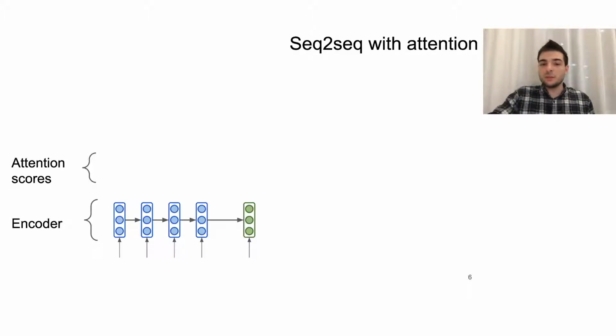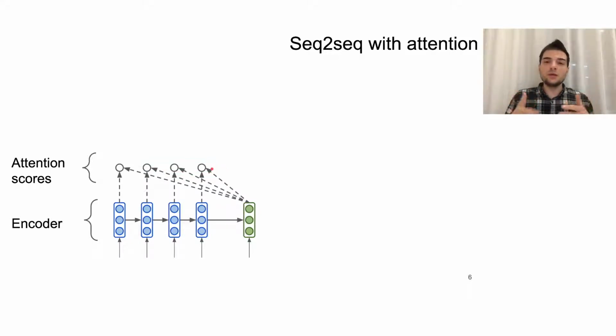So let's compute the similarity between this decoder state and the first encoder state, then the second, third, and fourth, and now we have four numbers, and we just assume that they represent some kind of similarity between encoder and decoder. What can we do next? If they show us some kind of similarity, then we want to pick the most similar encoder vector and use it for the decoder to generate some translation. And I guess you know how we can do that. Of course, we can take just the highest similarity measure from here, the highest attention score. So how attentive the decoder is to each of these elements.